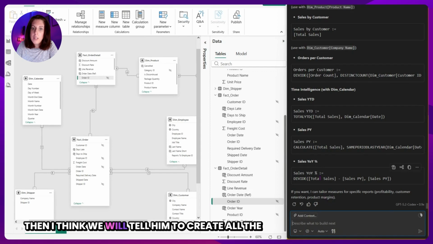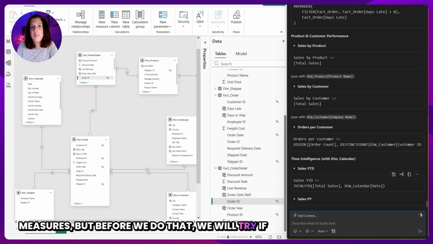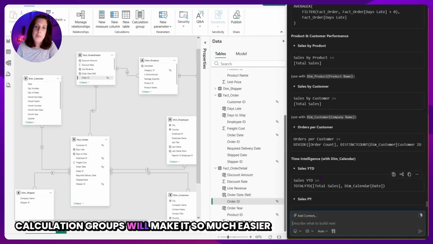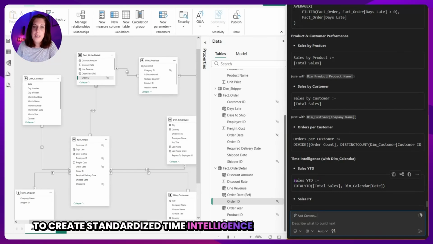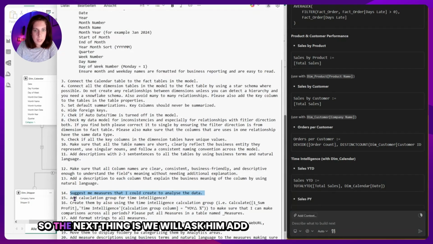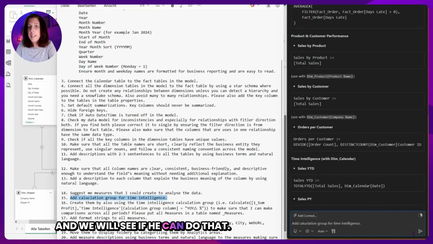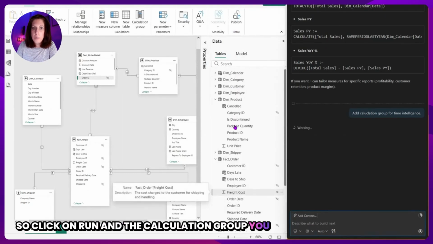Then I think we will tell it to create all the measures, but before we do that, we will try if it's able to make calculation groups, because calculation groups will make it so much easier for us later to create standardized time intelligence calculations for the measures, as we need comparisons through all periods. So the next thing is we will ask it: add a calculation group for time intelligence, and we will see if it can do that. So click on run,